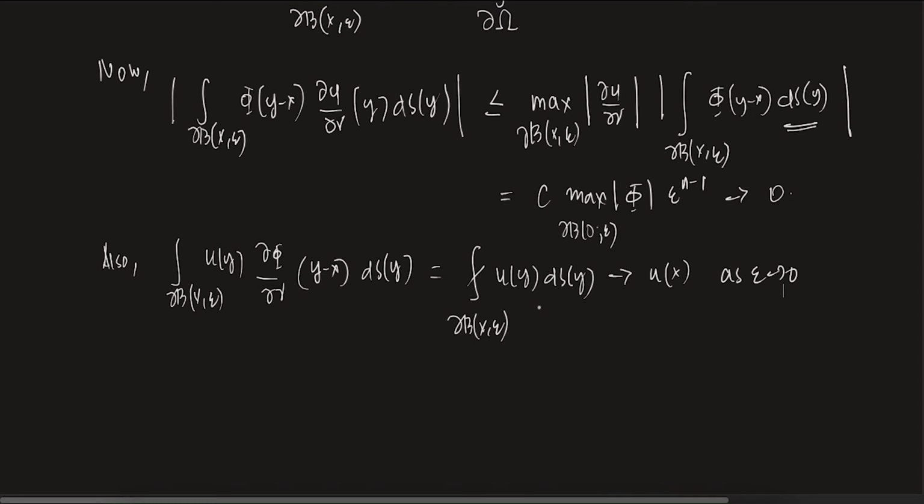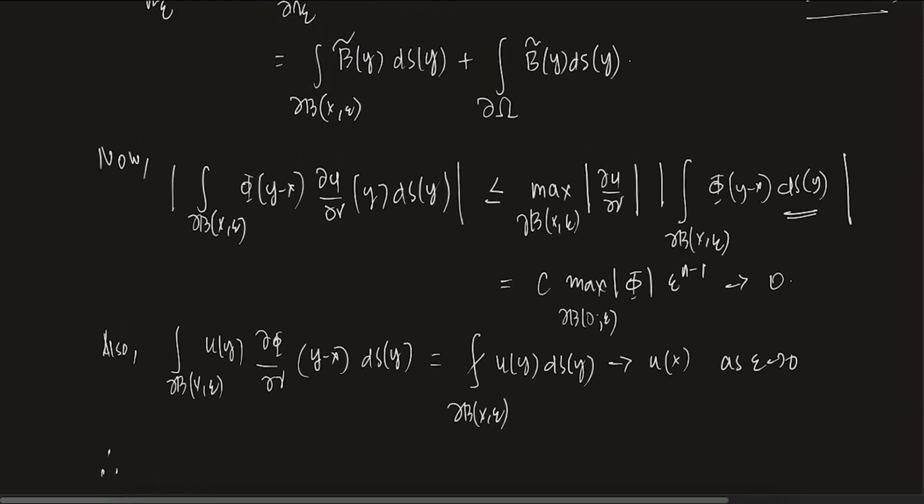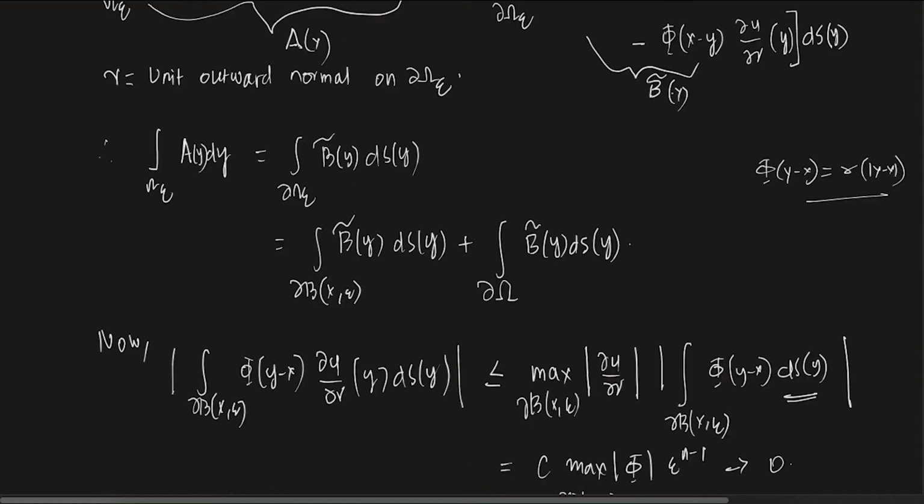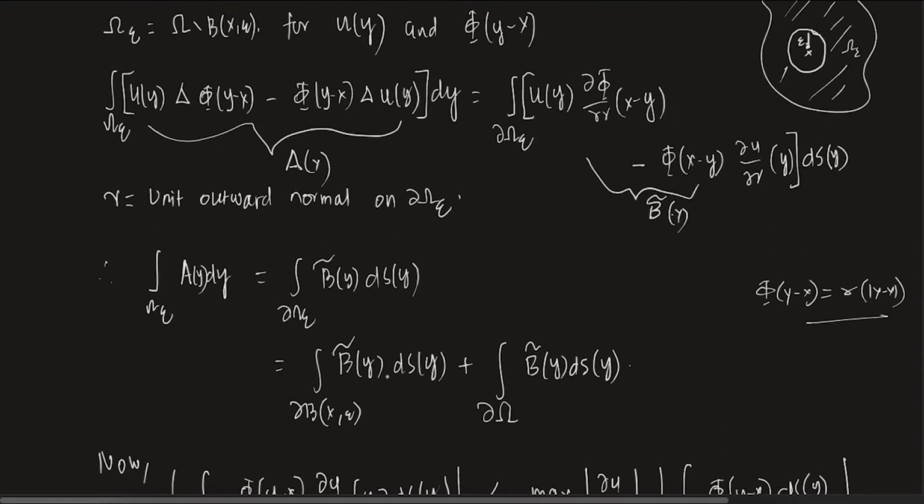Okay, so once you have something like this, then the formula which you have is this. You see, this is u of x. If you just put it together, this is u of x, this is going to 0. So essentially, you see here, this term will be there. From here, you are only getting u of x. Clear? Because b tilde has two parts. One is going to 0, and this is going to u of x.